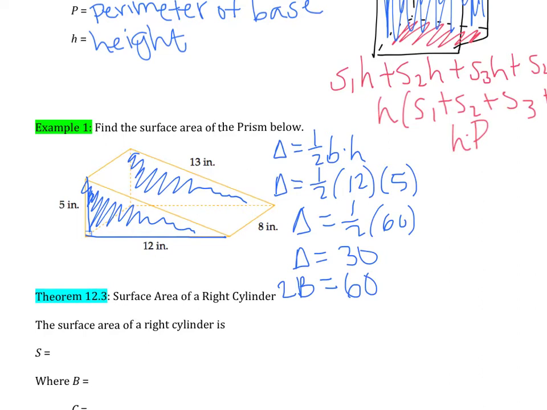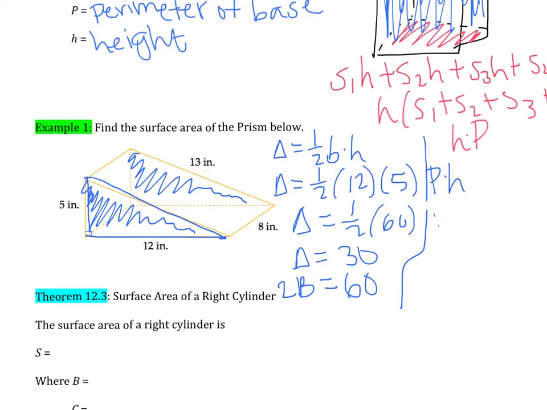Good. Now I need to find the perimeter times the height. The perimeter of the base times the height. Let me make this a little bit clearer. I know that the perimeter of this base, this triangle, is going to be 5 plus,